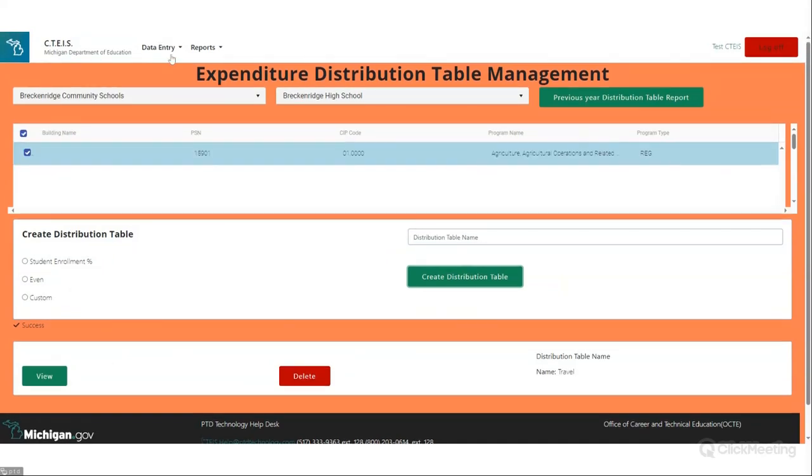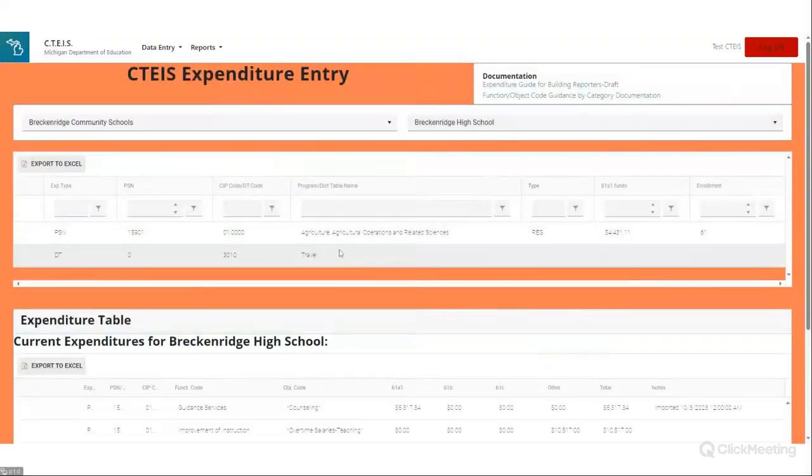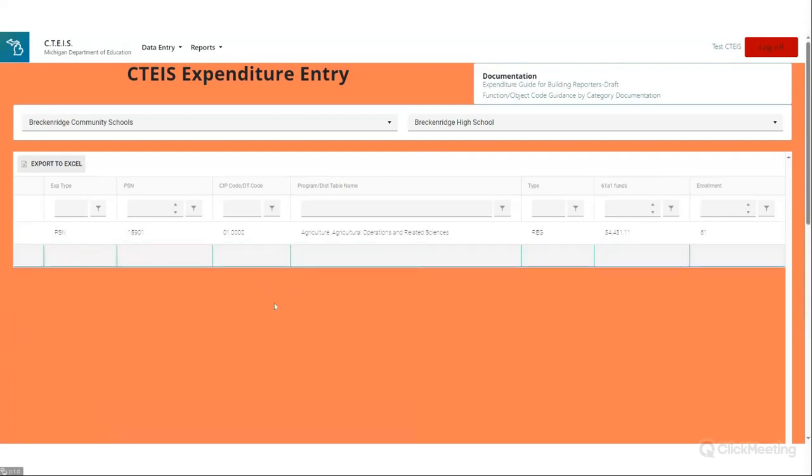I can go in here under expenditure entry as we did before. I just want to show you where it is. And this is the distribution table. So it says DT here, and it has the title that I gave it, travel. So if I want to,